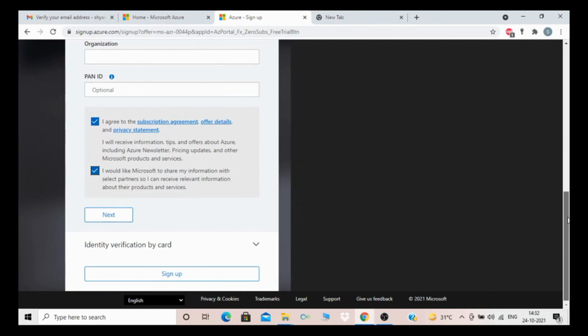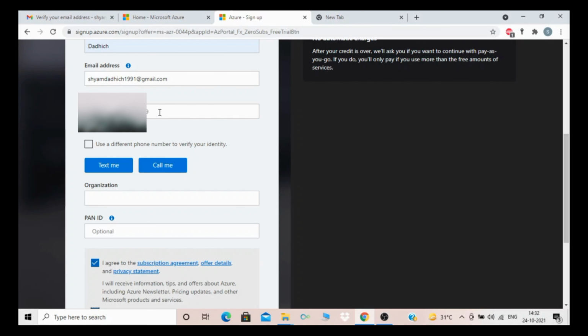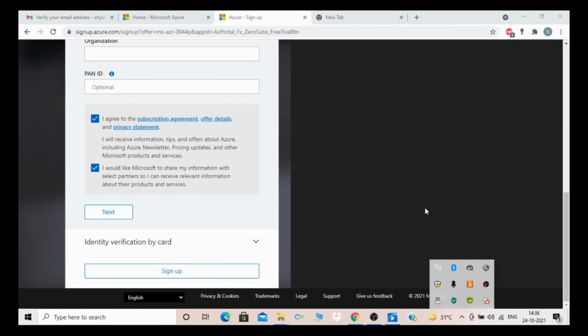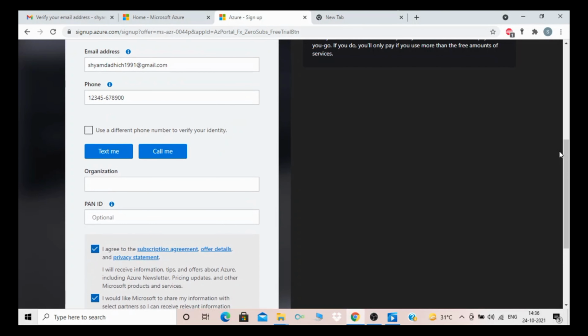They need a mobile number, so I am just putting a temporary one. After that, you need to verify your mobile number.